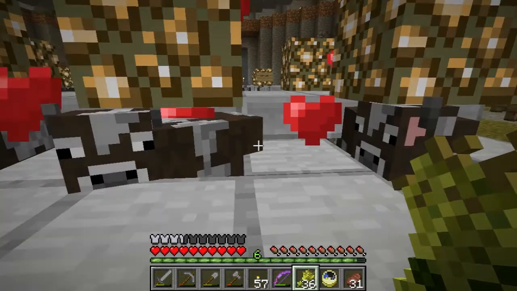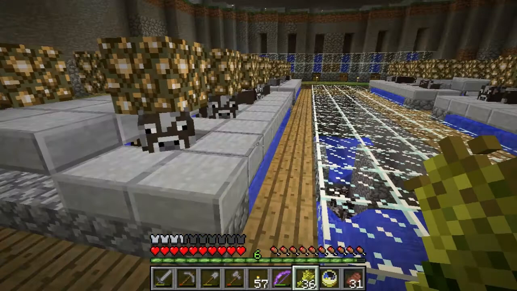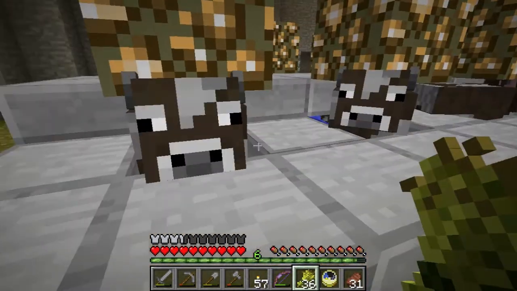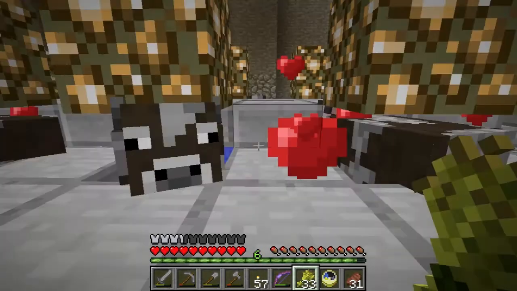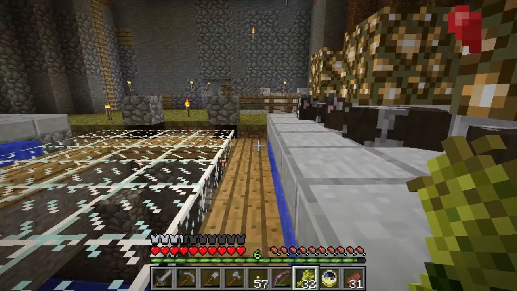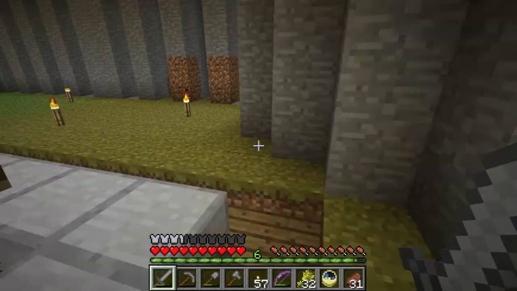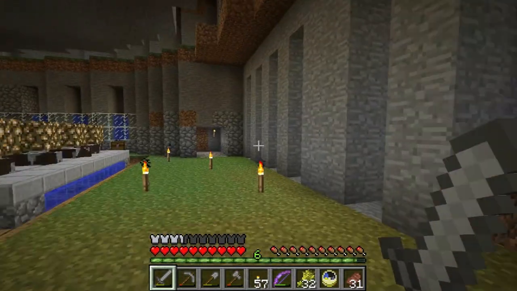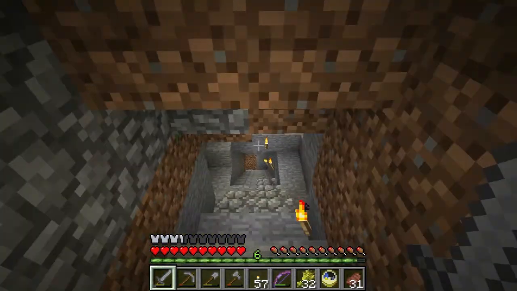Quarter stack of wheat, 16 cows. Or no, half stack of wheat, 16 cows. And then a full stack of wheat, you get about 32, and their drop output is pretty damn good. You can see I've been in here for an hour or so, just kind of monitoring them. If we go down the hole,